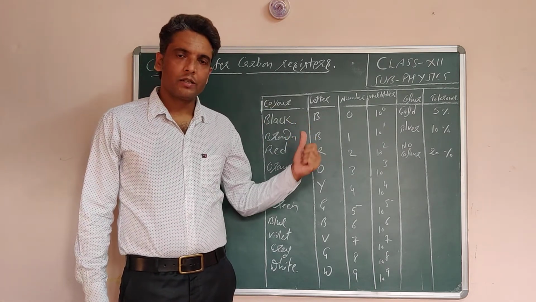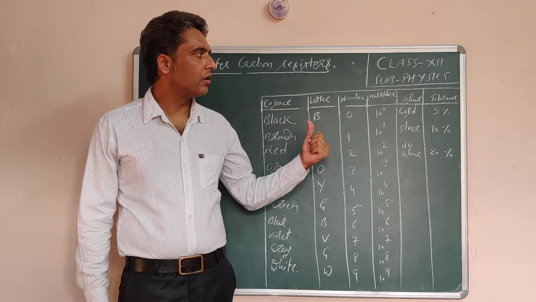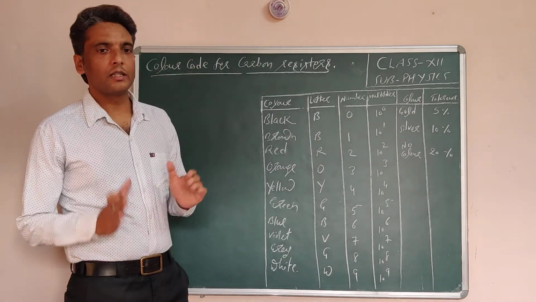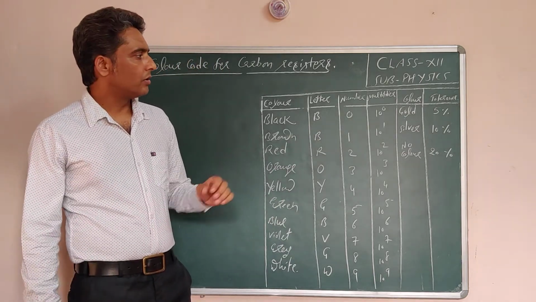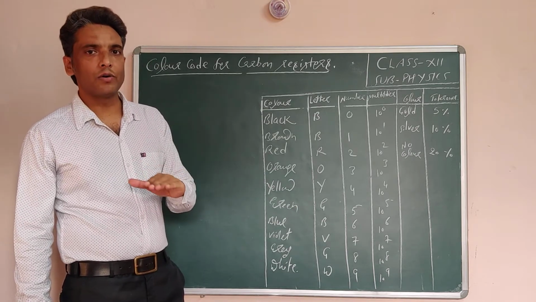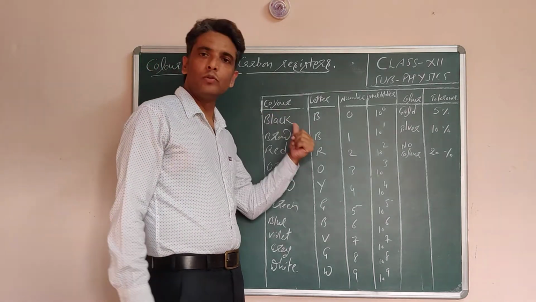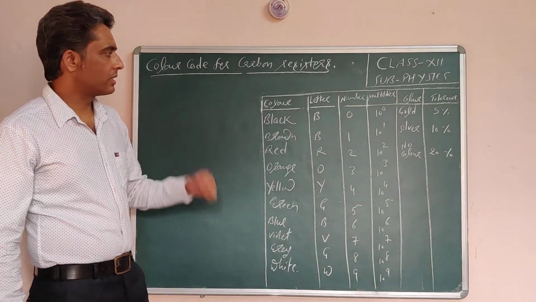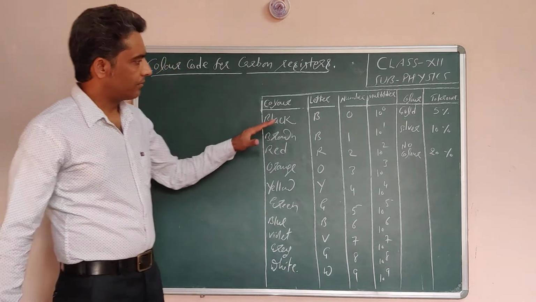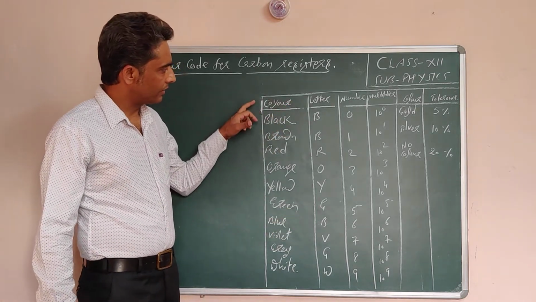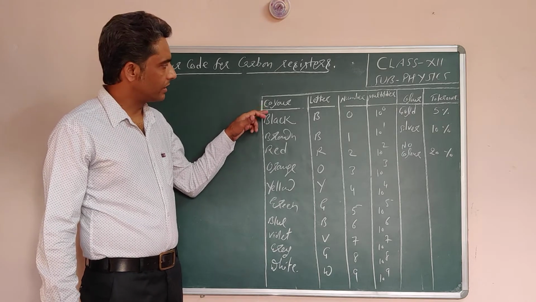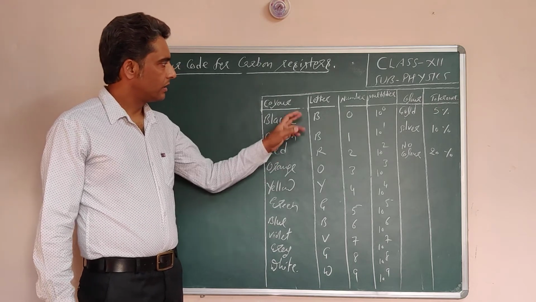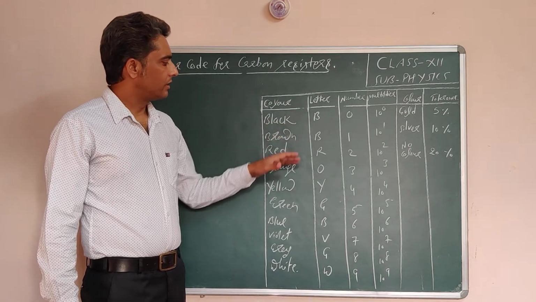So the resistance mentioned on these resistors is in the form of color bands, and they are compact in size. So in order to find the resistance of those resistors, some coding is used. Now how to use that color coding we will discuss in detail. Here I have drawn this table. This is a column for color, mentioning various colors: black, brown, red, etc.